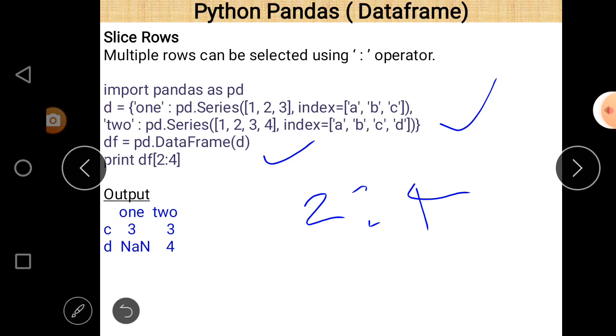So 0 1 2 and 0 1 2 3 4 are the rows, and for columns again start from 0: 0 1 2 3 4. After the execution of this slicing, which we actually discussed in our previous lecture in NumPy, the concept is the same as what we discussed in NumPy. So after slicing you get this result, 2 4.